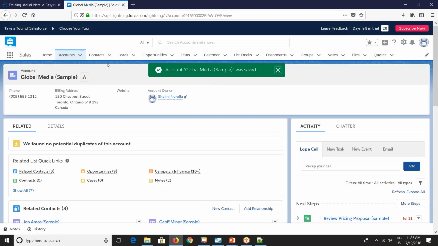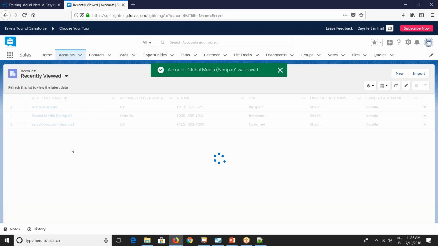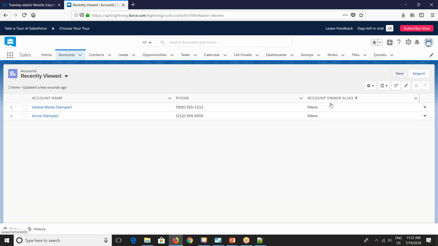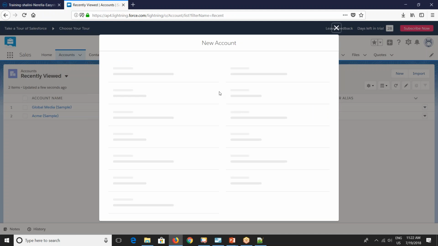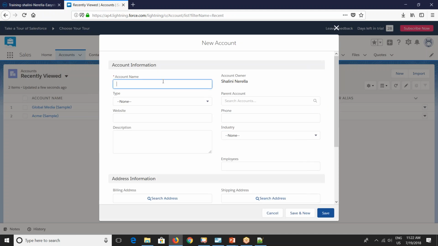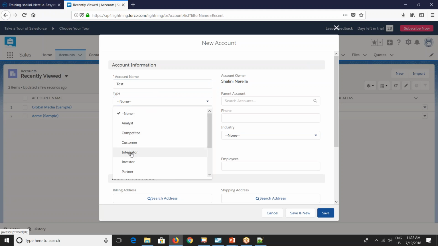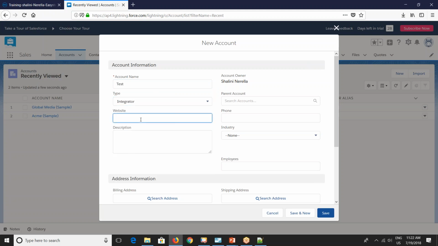So this is modified. Also, I'll go and create a new one. I'll create a new account and I'll give this as test, type integrator, website